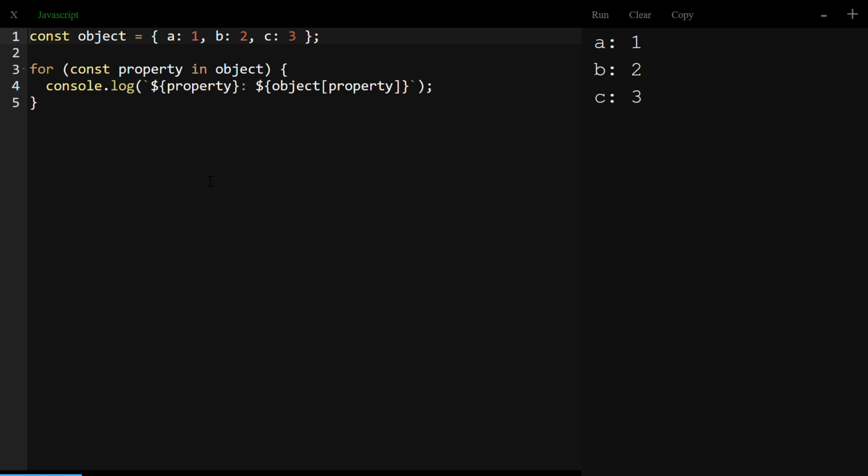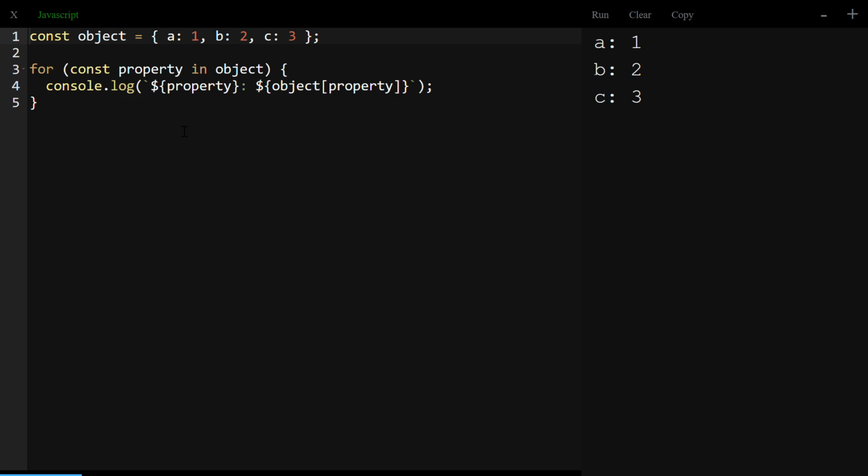So the for in statement iterates over all non-symbol enumerable properties of an object. Okay? The order of enumeration is not guaranteed. And I have seen people use this for in notation around an array, but that's discouraged as it'll include any properties added to that base array object, including any prototype functions that may have been added through a library. So it's better to use the for of for iterating over an array,